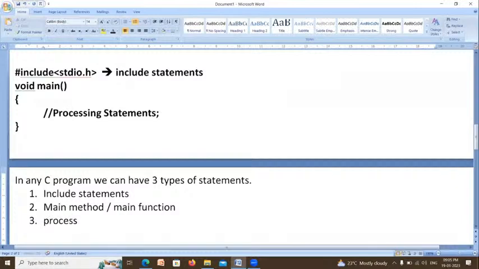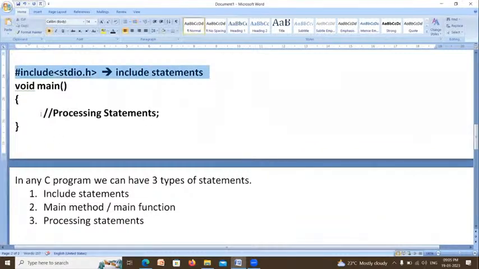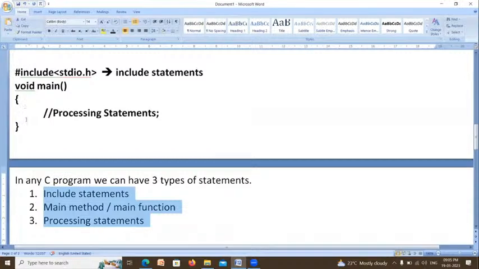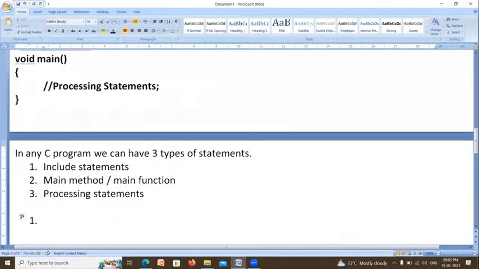Third one is processing statements. This line is called include statement. It is called main method. It is called processing statements. In any C program, you can have these three types of statements. Now, what is include statement? Include statement means what?